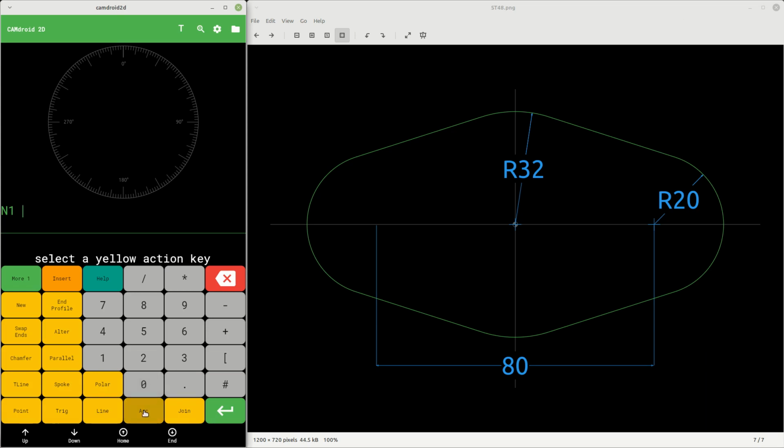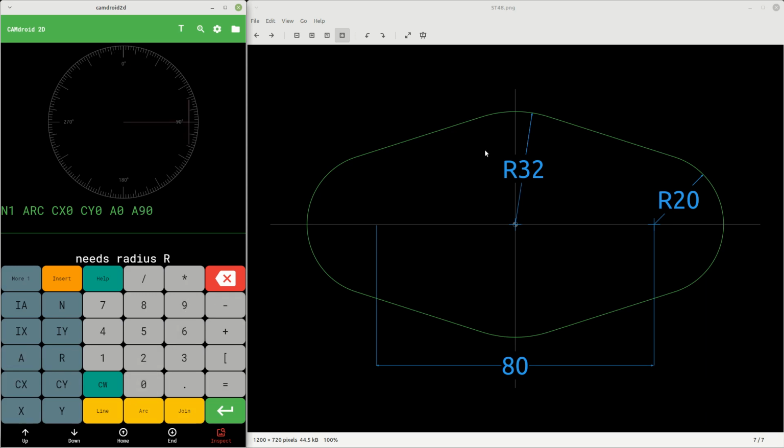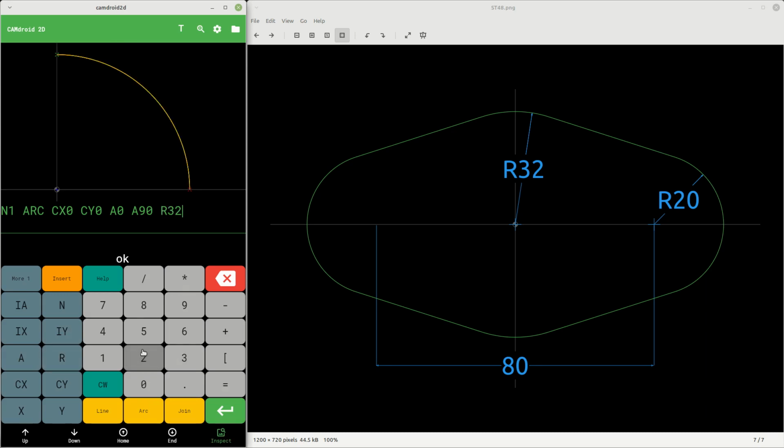So I'm going to put in a long press on the arc, which will add a CX0 and CY0. Then angle 0 for 12 o'clock, angle 90 for 3 o'clock, and then a radius of 32. And I'm going to do the next radius, arc CX 40, CY0,